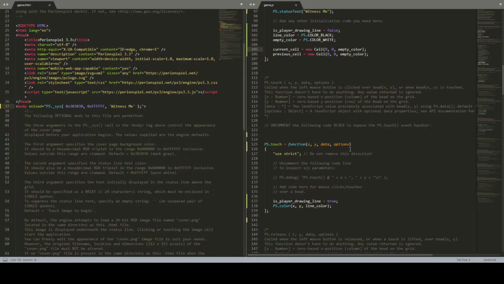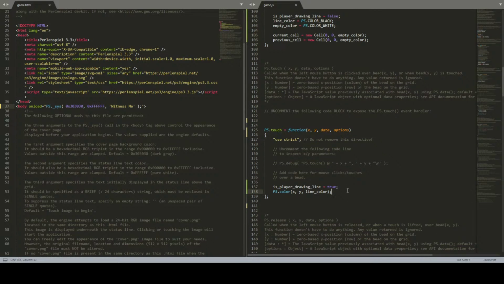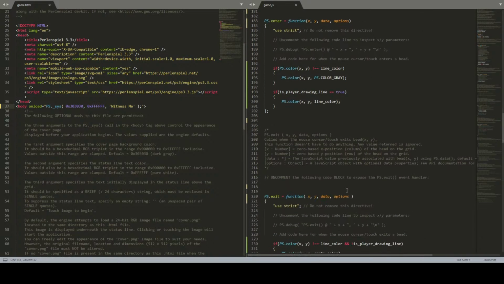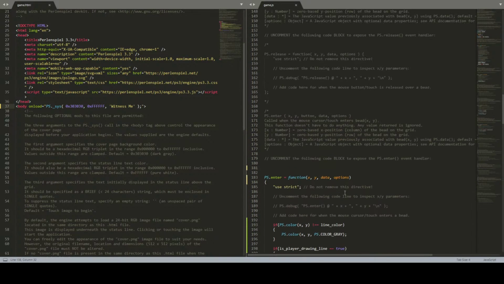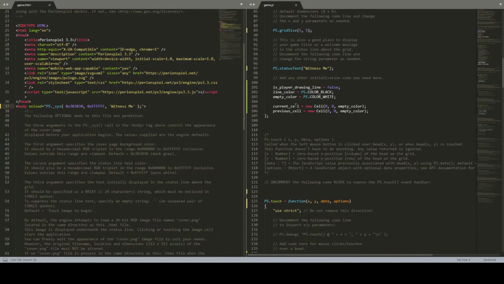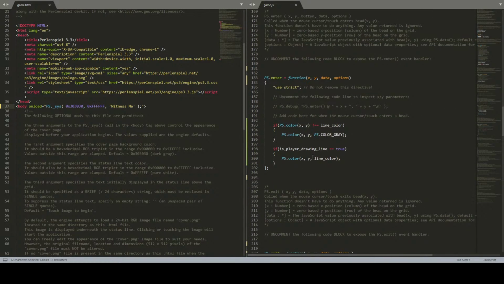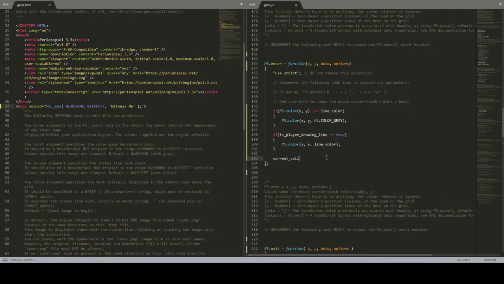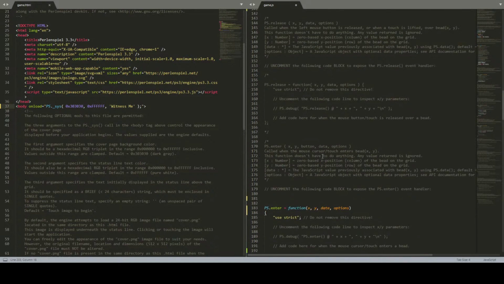So when we touch or when we hover, we're gonna make current cell B. When we hover over this, we are gonna make current cell. Yeah, we should do it everywhere. If you click, it's black. Actually,